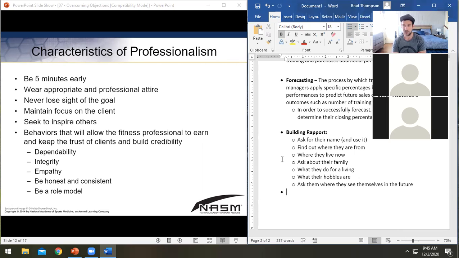At the end of the day, you always go back to your fundamentals. Fundamentally, you're a trainer, you know? Yeah, you got to do sales in order to be able to do that. But don't lose sight of your overall goal, which is to train and help people. Maintain your focus on the client the entire time. Make sure that you're not worrying about your next appointment.